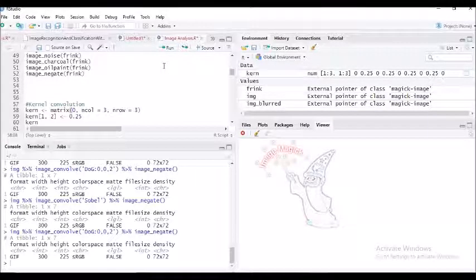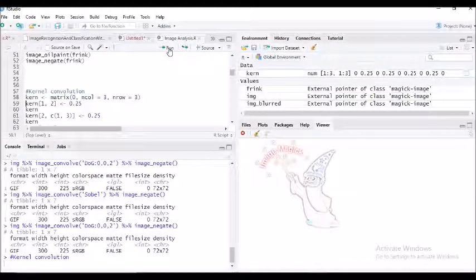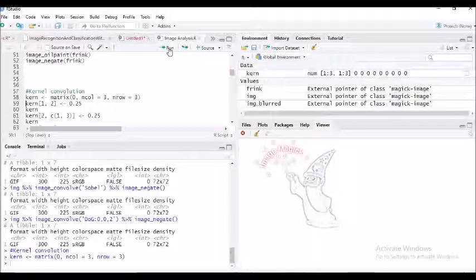First row, second column turns out to be 0.25, which exactly was defined in my second scripted line, and the last value will remain 0.00. Second row, first column is 0.25, second row, second column is 0.00, second row, third column will be 0.25. In the third row, first column will be 0.00, third row, second column will be 0.25, and the last one, third row and third column, will be 0.00.